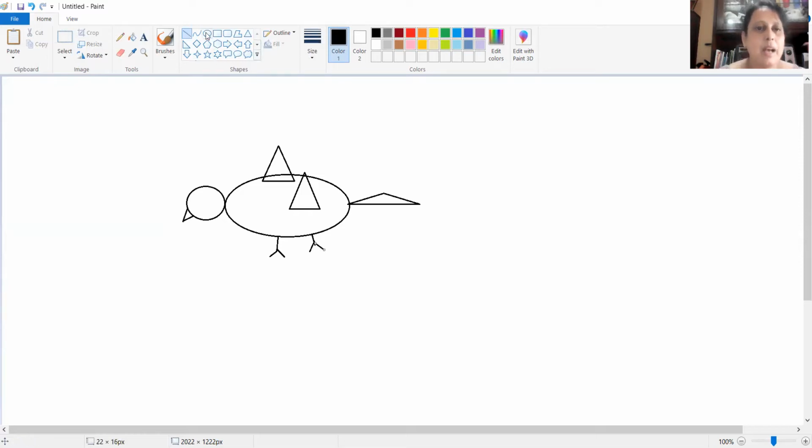Okay, let's make a little eye for our birdie. Well, the bird is ready. Now, if you look at the picture, you can see that this portion of the triangle is actually on the other side. The wing is the other side. So let's try and make a 3D effect. Okay, so first I'm going to select this portion.